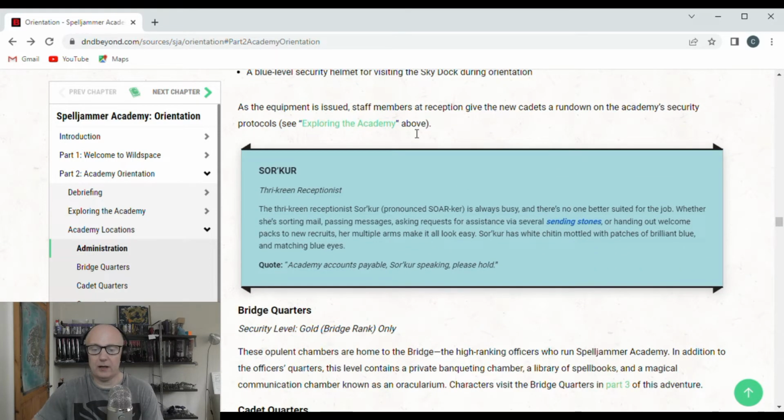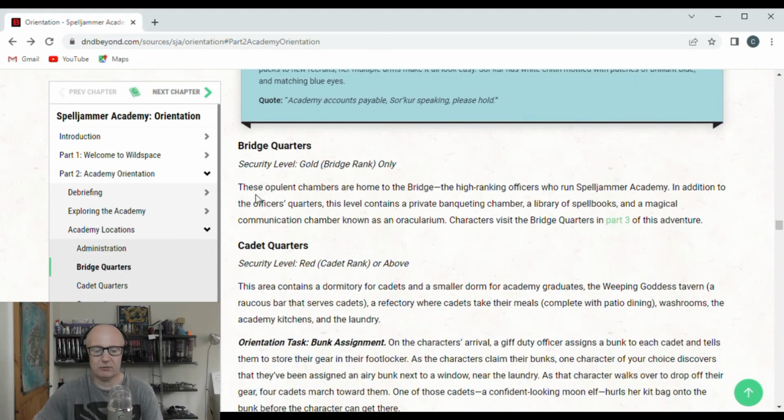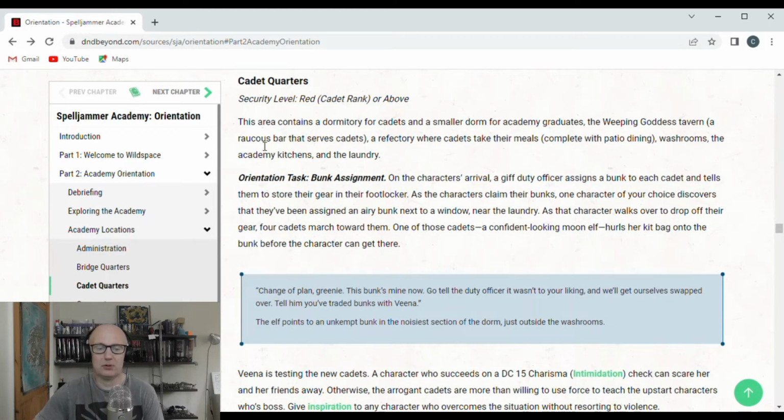And then, who have we here? We have an NPC, Sorker. Yeah, Sorker. A Thrikeen. I'm not sure what a Thrikeen is. Always busy and just handing out stuff to the players. Security level gold, rank only. Yeah, the bridge are the highest people in this building, apart from, I suppose...